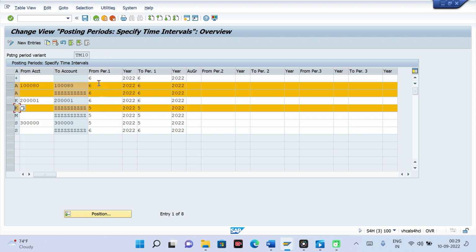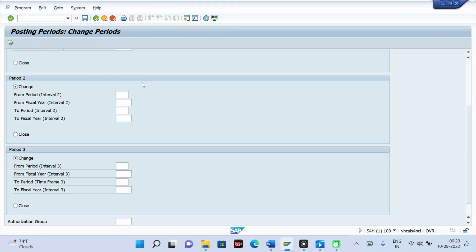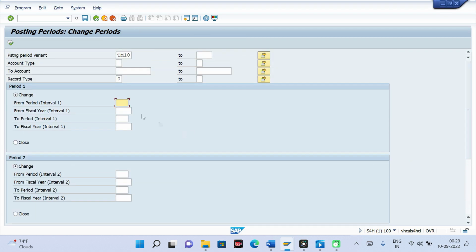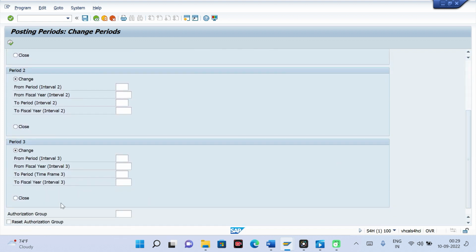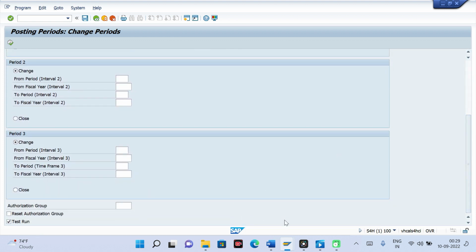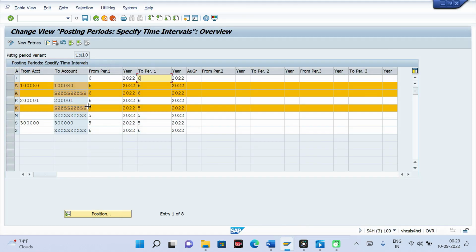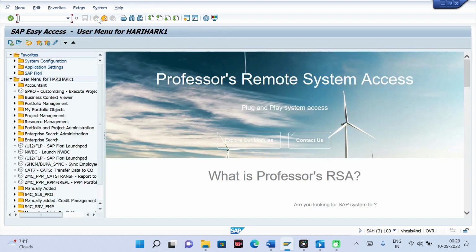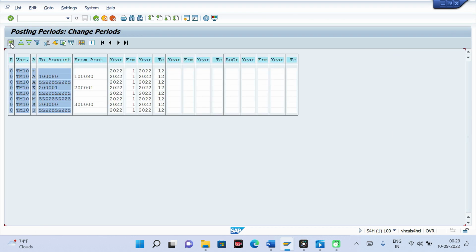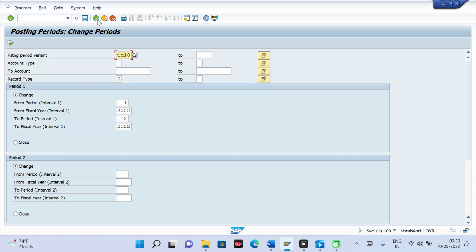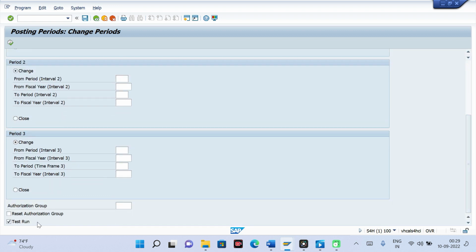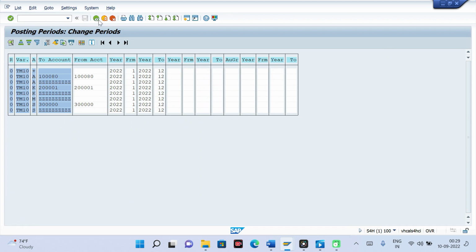In this I want to open periods 1 to 12, all I want to open. What I can do now, in this I give here 01 2022 12 2022 and first run in test mode. If you want to run in test mode, prior to that you come out of this. See, observe here, your 6th and 5th period only you have opened. Come out of it, execute it. So periods 1 to 12 got opened, but you are in test mode, so it will not update in OB52. Now remove this one and run it. It got updated.